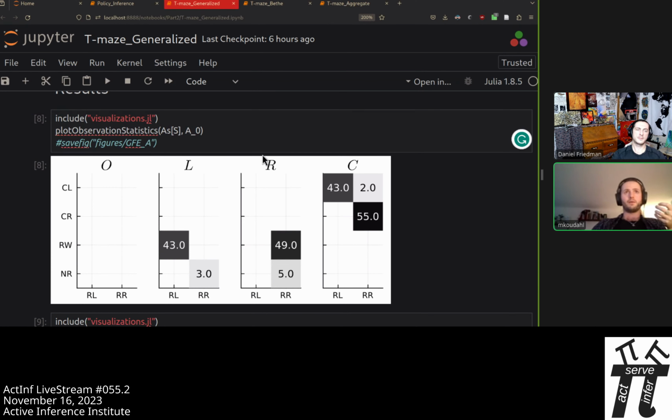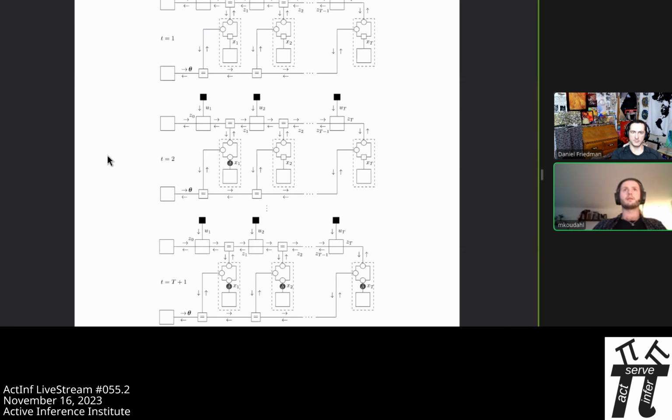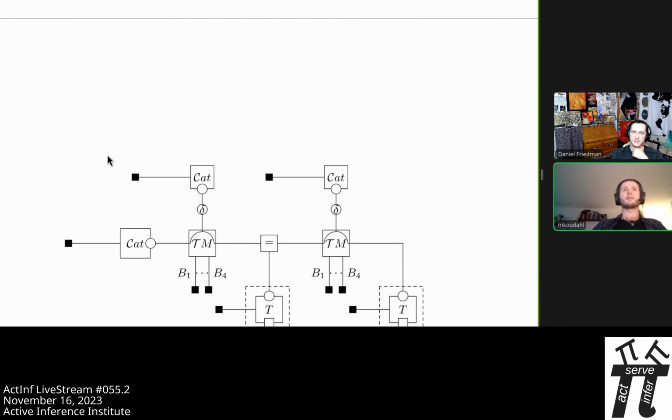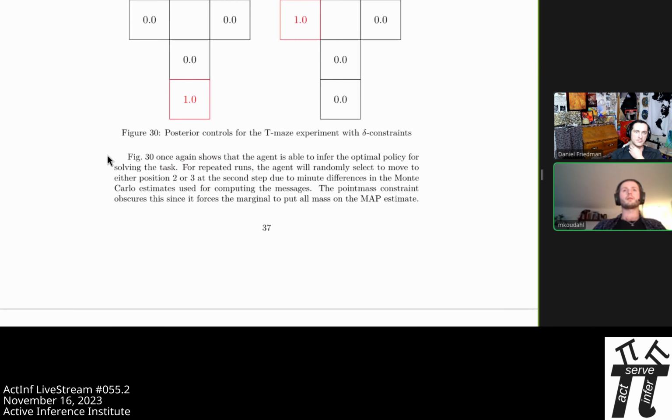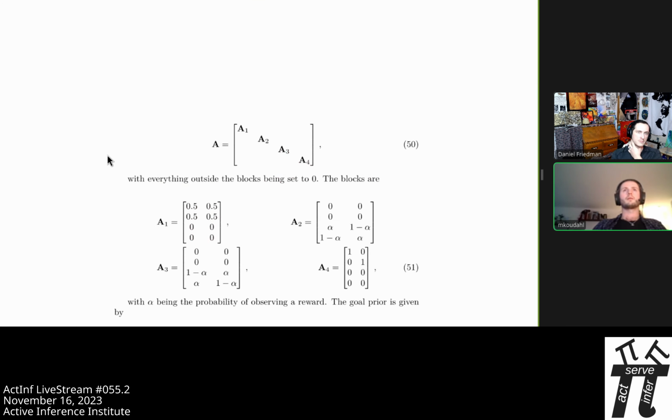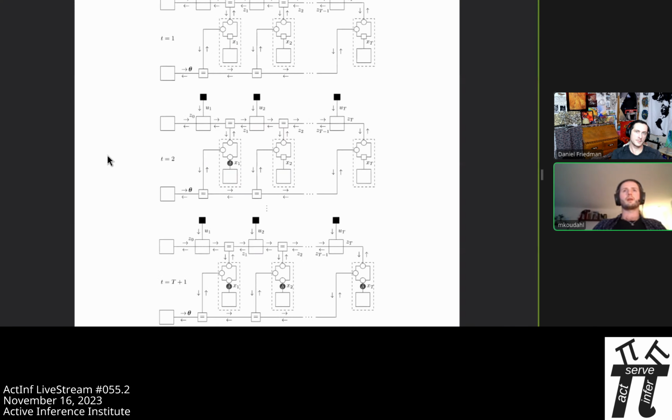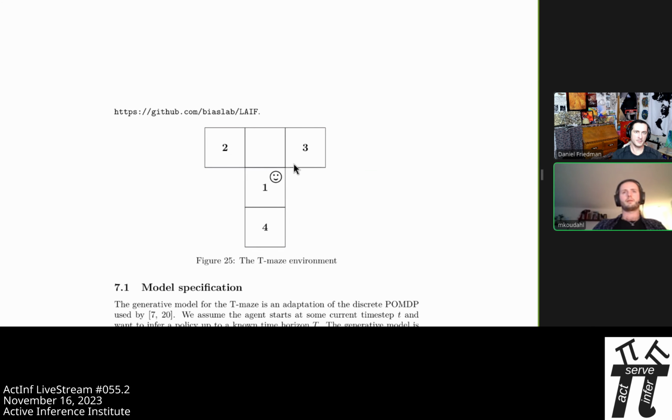The way to read this plot is that O refers to the origin location, so location 1 in this thing here. It's the origin.